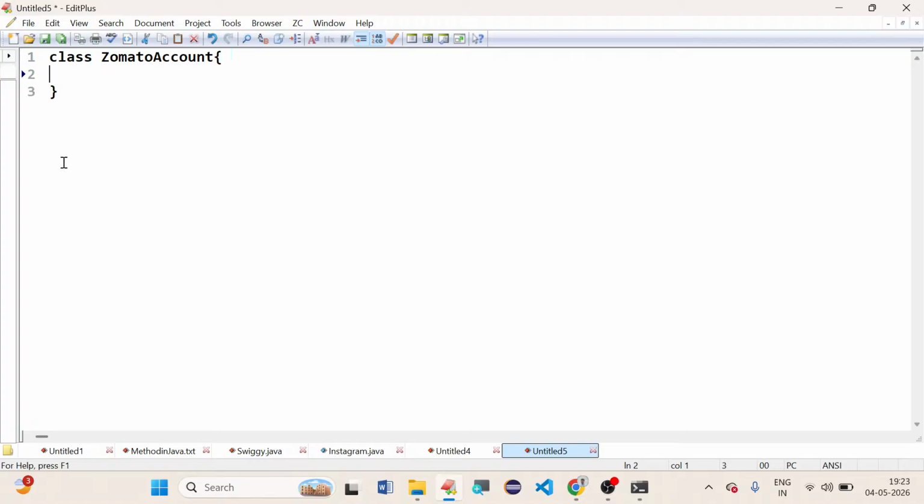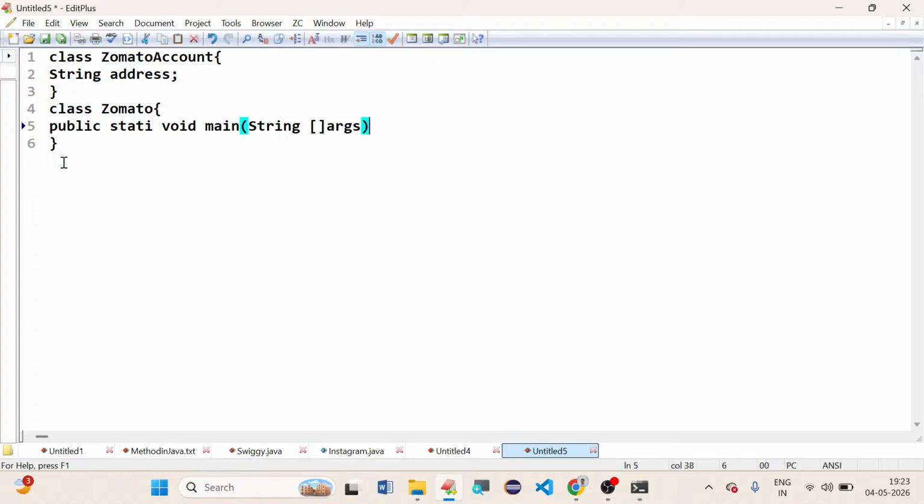Okay, in the Zomato account we are having a lot of information like location, address, street number, a lot of things. I'm just going for address right now. Detailed address discussions will be done later. Just now a small instruction only. String address. Now class Zomato, which is containing the main method,